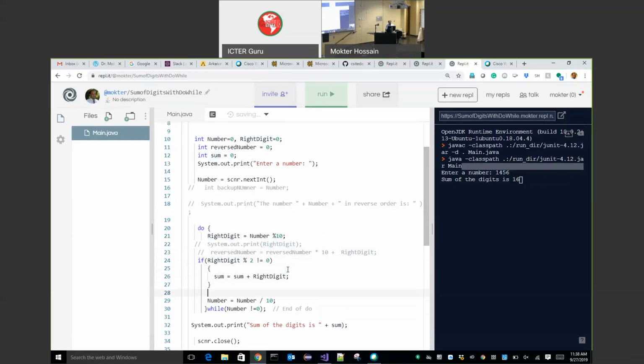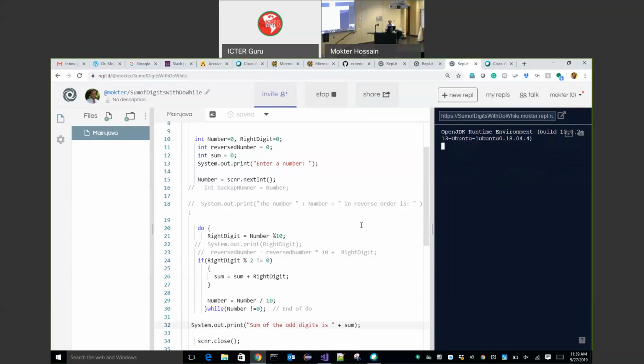So if right digit is not equal to 0, that means 1, then I am adding to the sum of the odd digits. Say I write a number: 1, 2, 4, 5, 7.